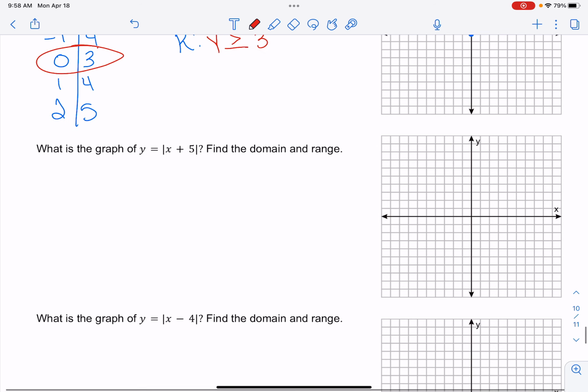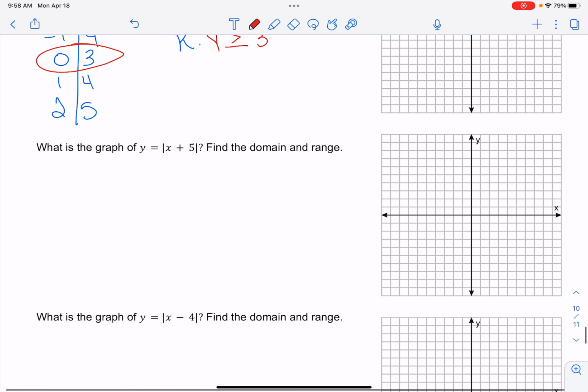Okay, on to our next one. So for this next one, it says, what is the graph of y equals the absolute value of x plus 5? Find the domain and range. So this one we have to do a little bit differently, and you actually could have done this the same way with the past 2 problems that we've done as well. But instead of just using those standard numbers of -2, -1, 0, 1, and 2,